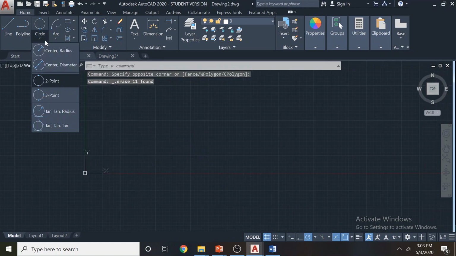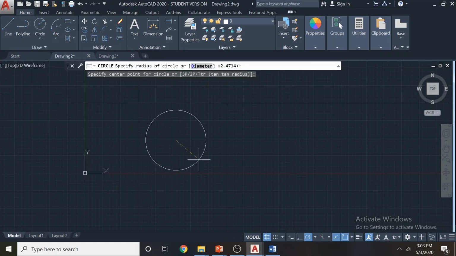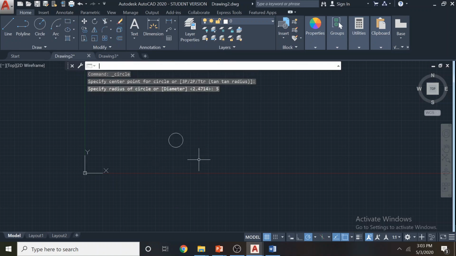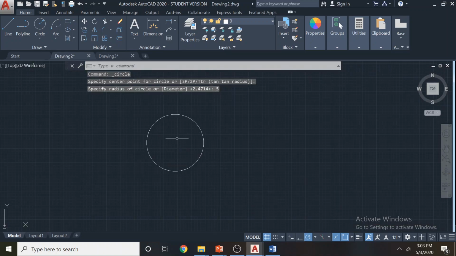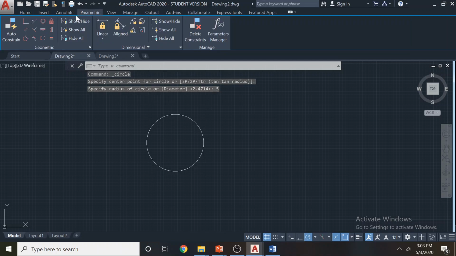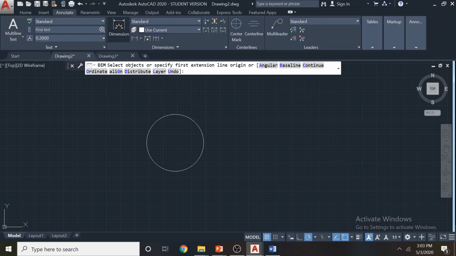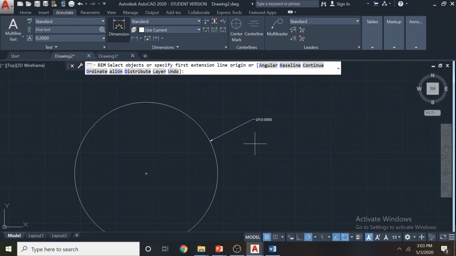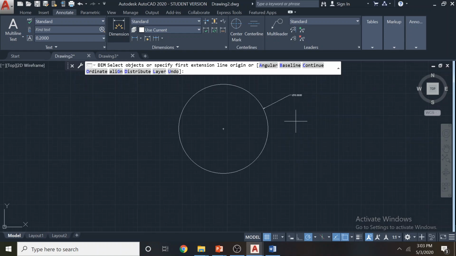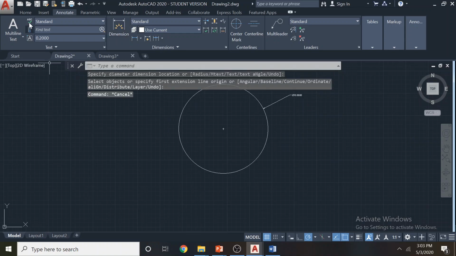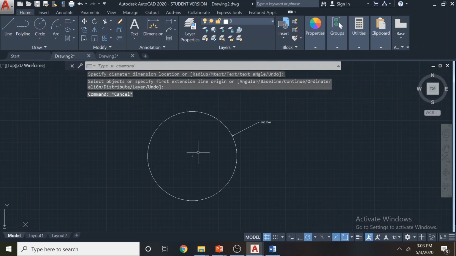If I draw a simple circle, say radius 5, this circle has radius 5 and diameter 10. Then I'm going to draw a polygon for this.